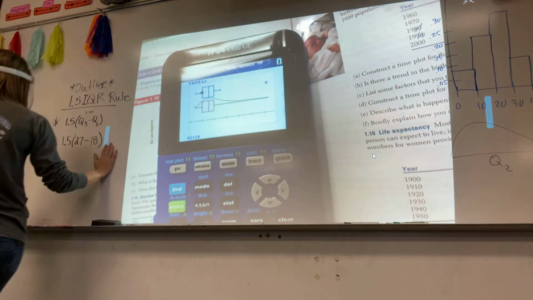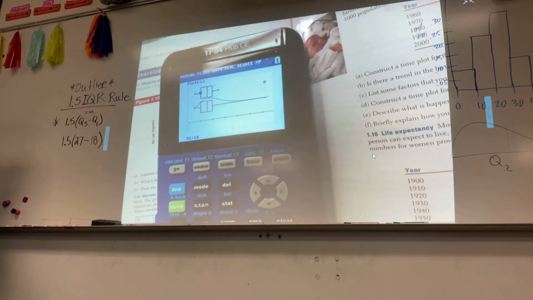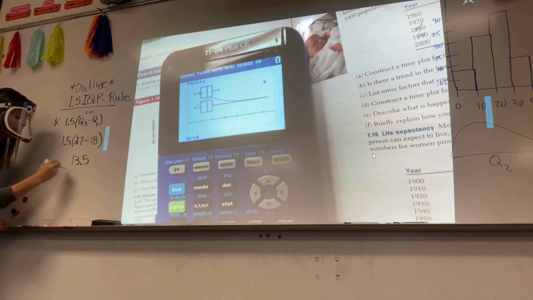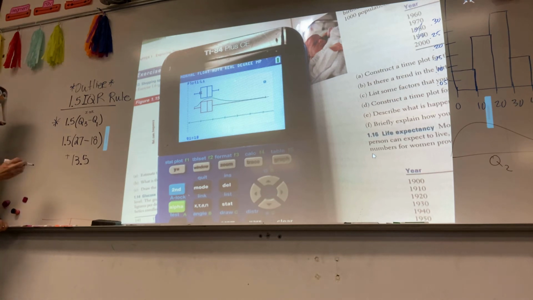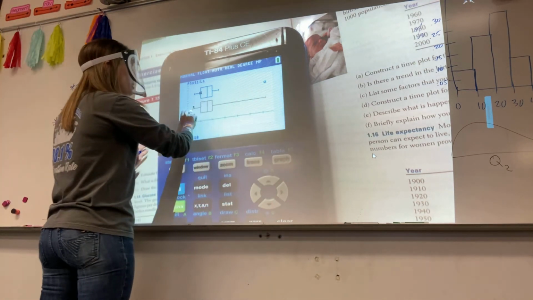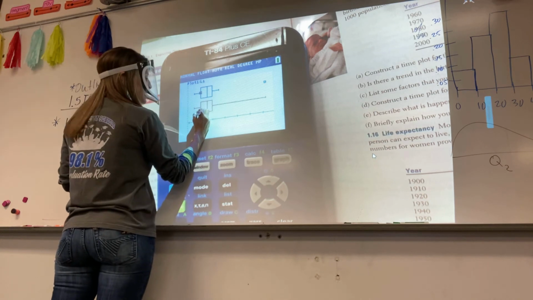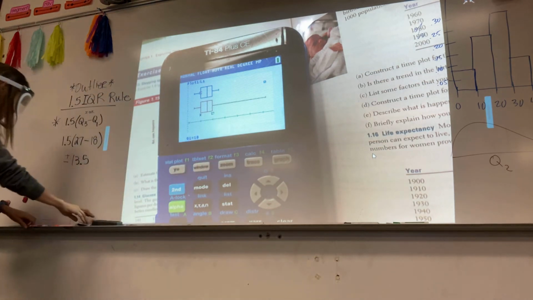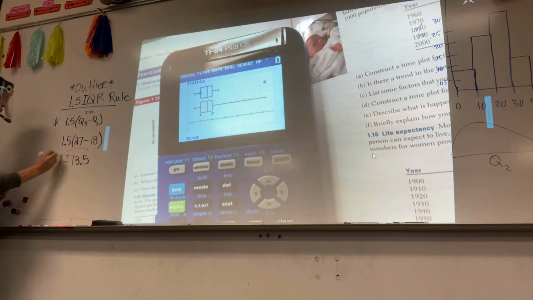All right, so 27, let's go ahead and do this. And did you get 13.5? Okay, so 13.5, this is our magic number right here. This is where I'm basically going to add 13.5 or subtract 13.5 from the box. Okay, so I'm going to label this box right here. So this box, this is 18 and this is 27. Okay, so I'm going to take this magic number right here, 13.5, and I'm